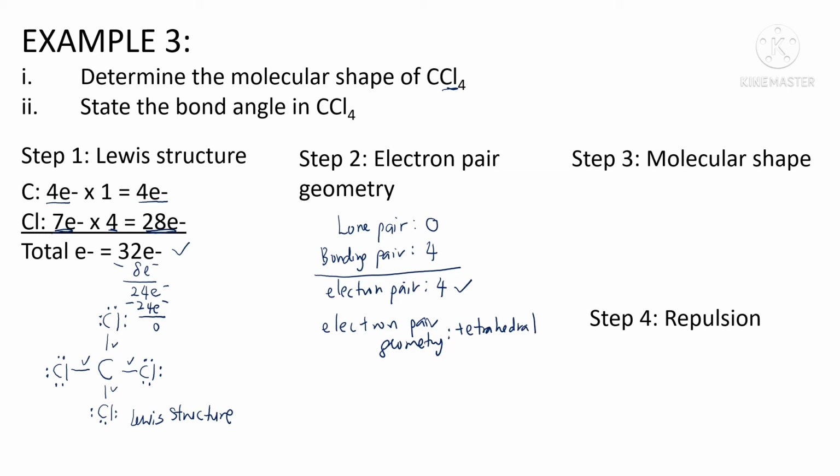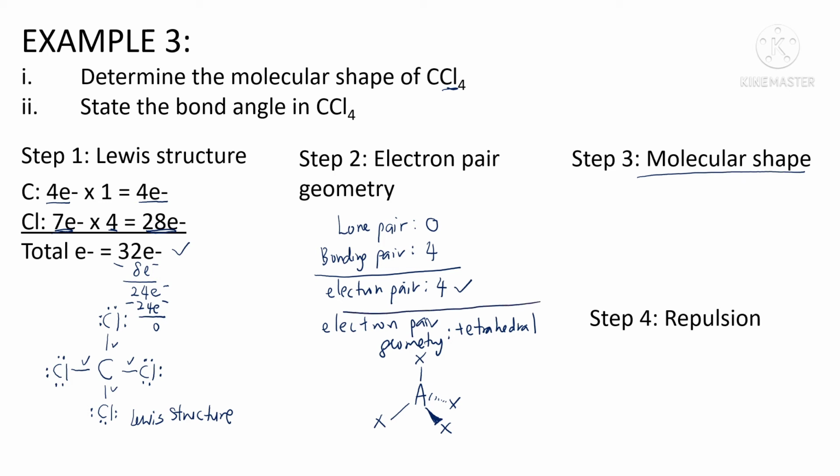And still remember how to draw the tetrahedral electron pair geometry. So central atom, and then 1 on the top, bonding pair, and another 3 must be pointing downwards. 1 coming out pointing towards us, we draw with a solid wedge, and another one pointing down away from us, we need to use a dash wedge. So this is the electron pair geometry tetrahedral, and step number 3, we need to draw the molecular shape for